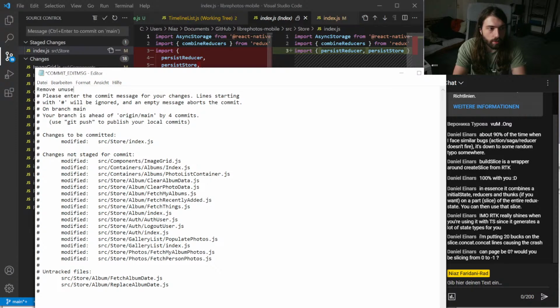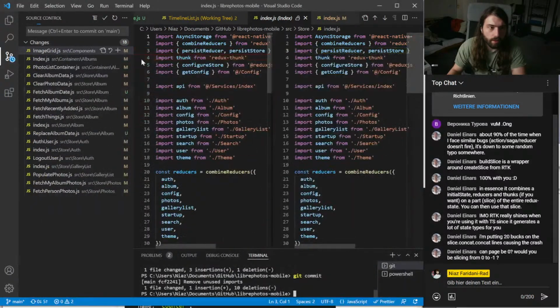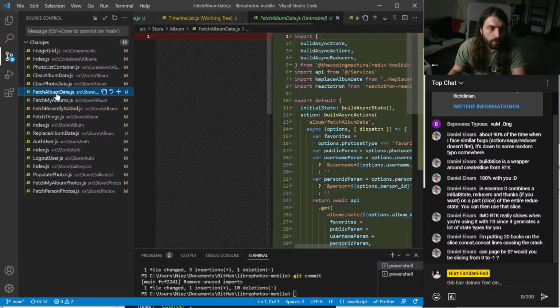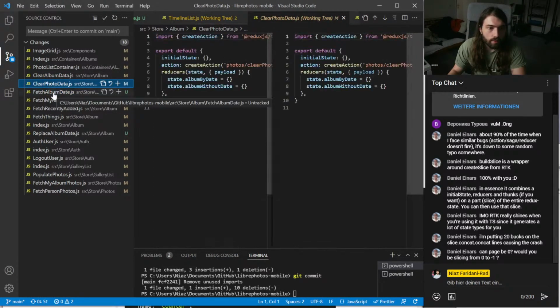Remove unused imports. I mean, I already committed the actual change, so. Okay, so that is also an empty class. Empty class. Right.